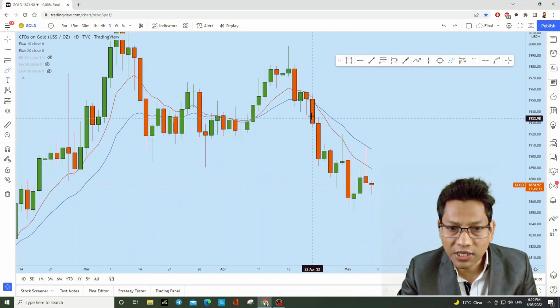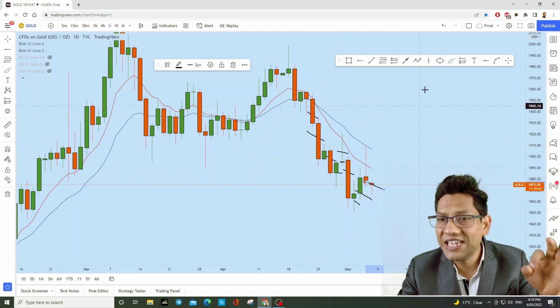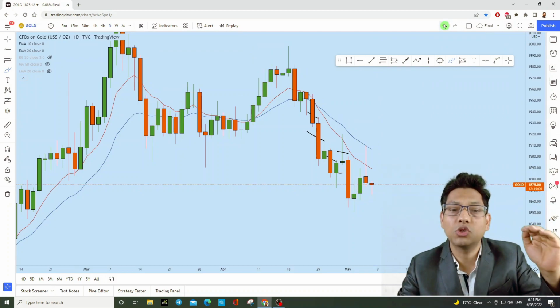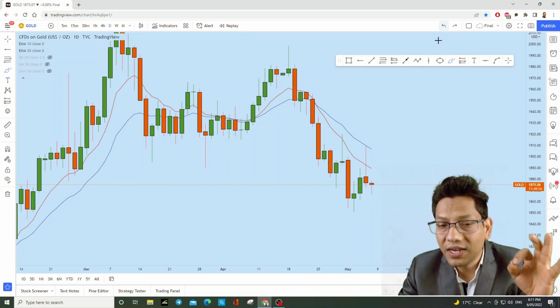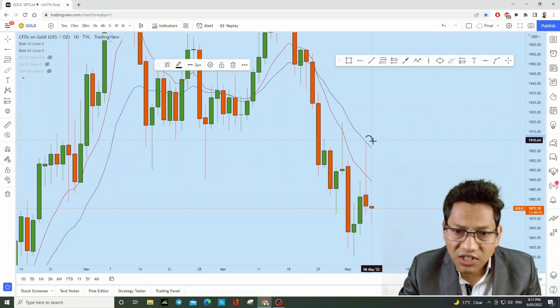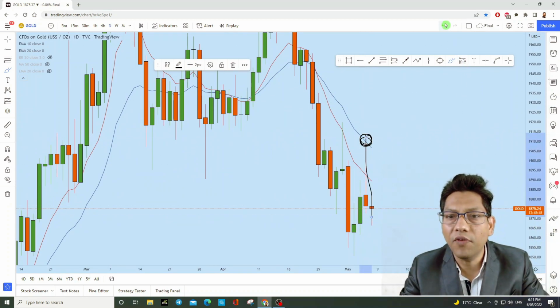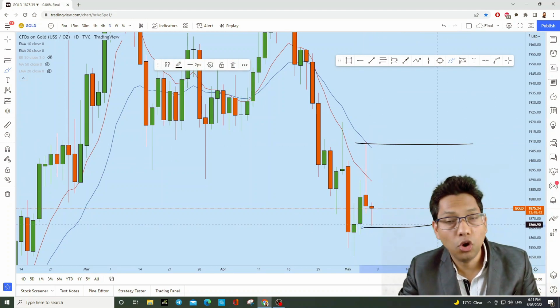The price, for an extended period of time, this is the daily time frame, how many days, 1 2 3 4 5 6 7 8 9 10 days, the price was slowly going away from this 20 period moving average, and on the 10th day, as soon as the price just touched this 20 period moving average, there was a huge sell-off from this zone, and the price made this low